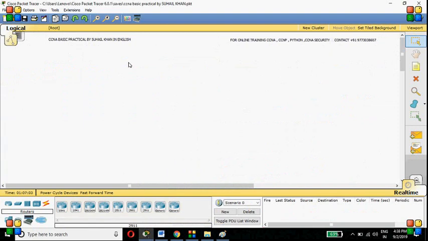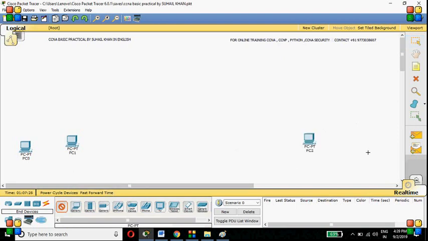Okay, so this is Cisco Packet Tracer, a software simulator on which we are going to learn. Now, how to take a PC. See here, this is the end device. When you click here, you will get all the devices over here. But we want a PC, okay? So I'll click one PC here and one PC here, another PC here, and the fourth PC is here. So this is how we take the PC in